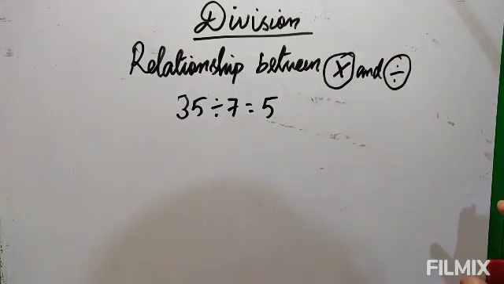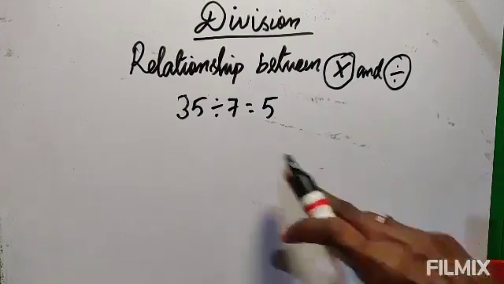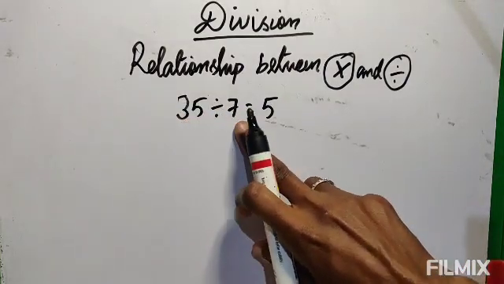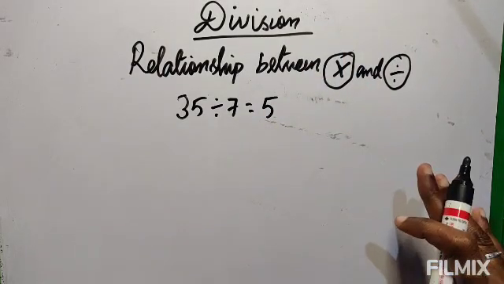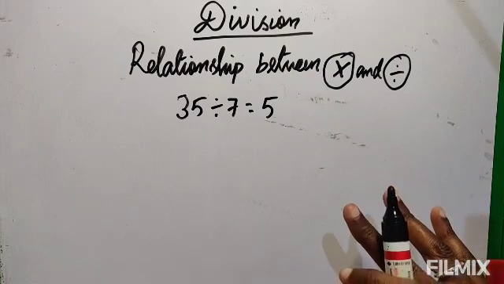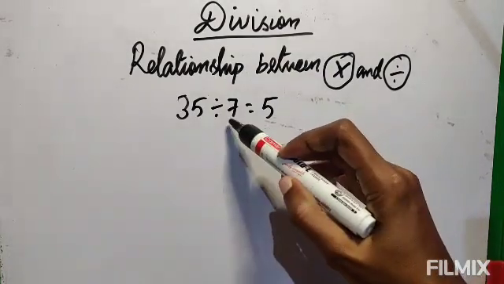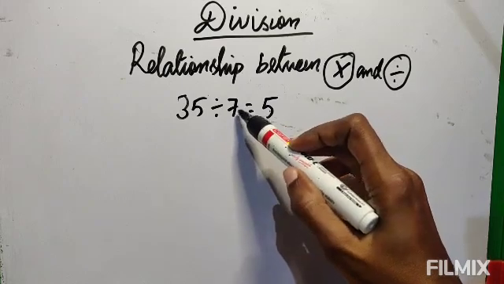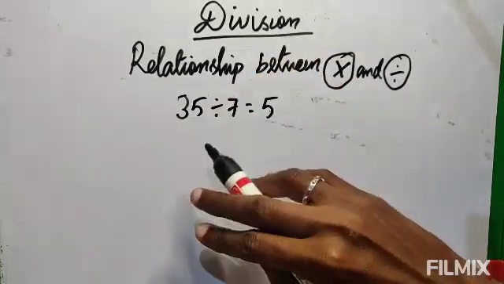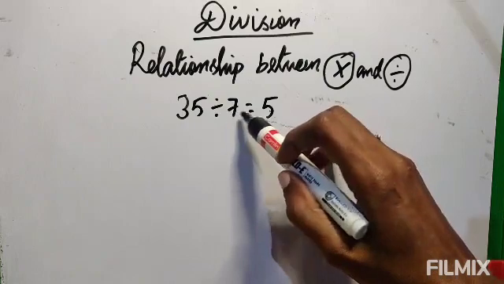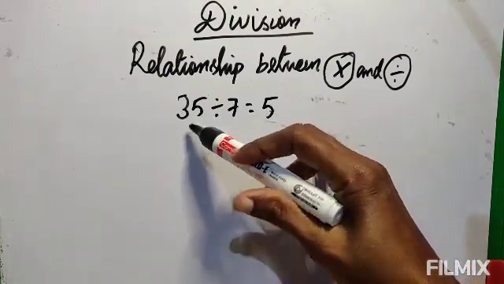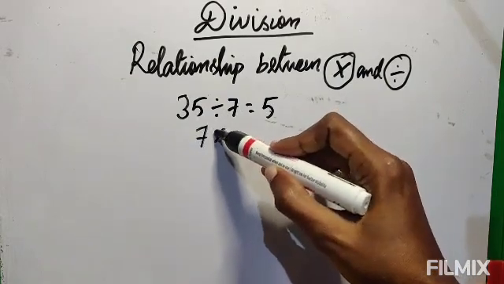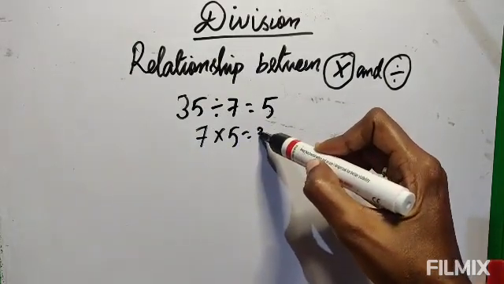So here some fact is there. For this we can write the division fact. Okay, we have to use these three numbers, 35, 7 and 5, and make it into multiplication. So which two numbers if you take, you will get the third number? Here you can guess the two small numbers. For multiplication, if you multiply two small numbers, you will get the bigger number, no? So you take the two small numbers, 7 and 5. 7 5s are 35. So 7 into 5 is equal to 35.